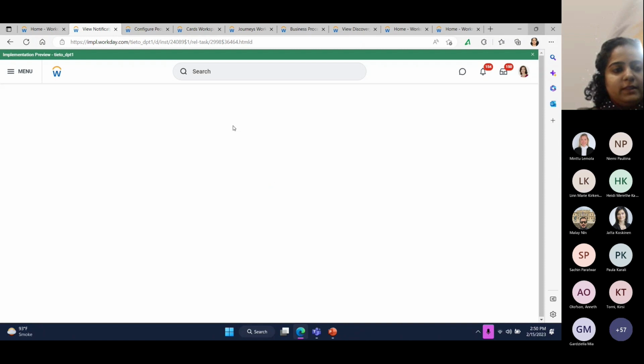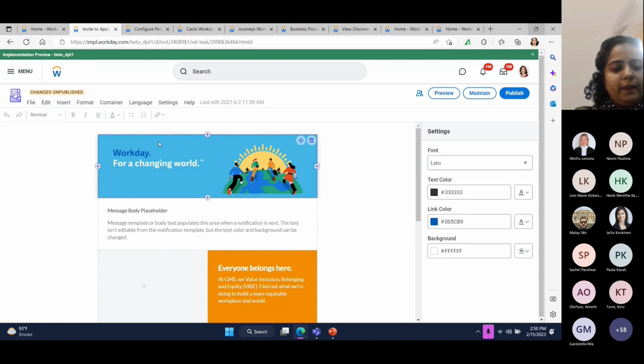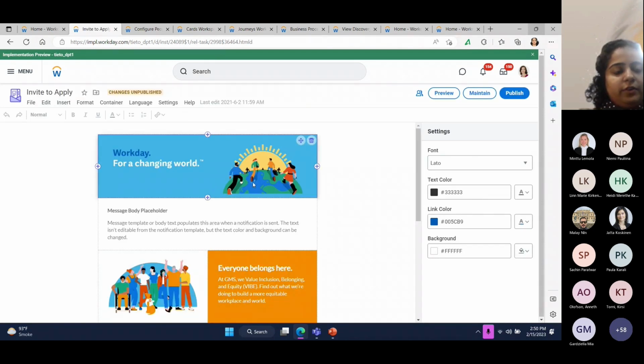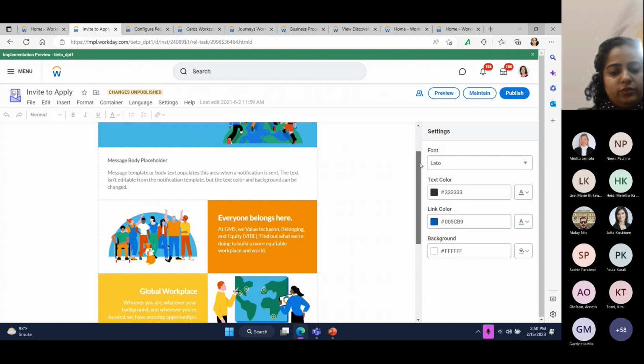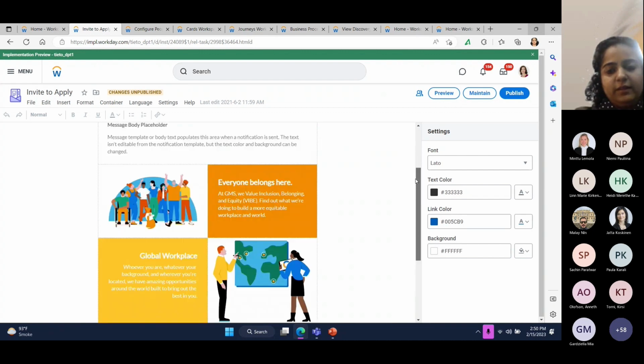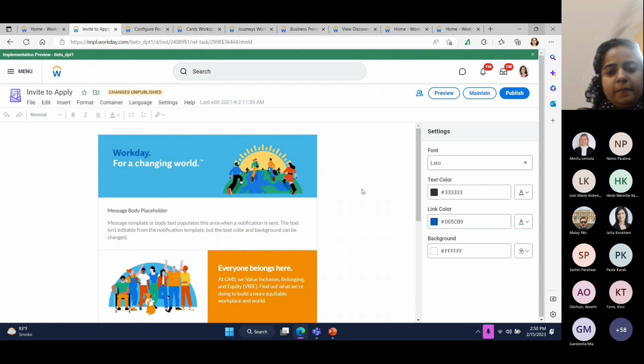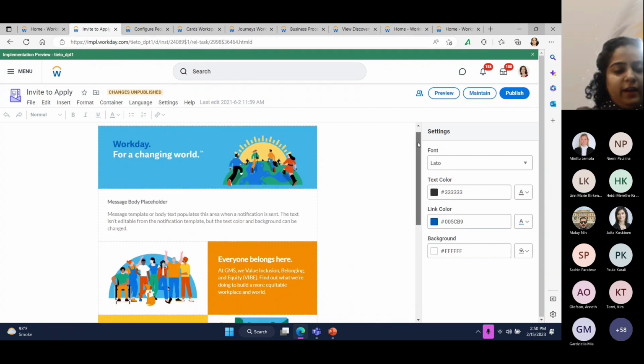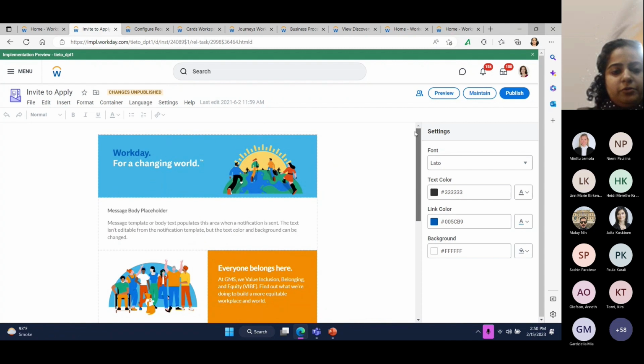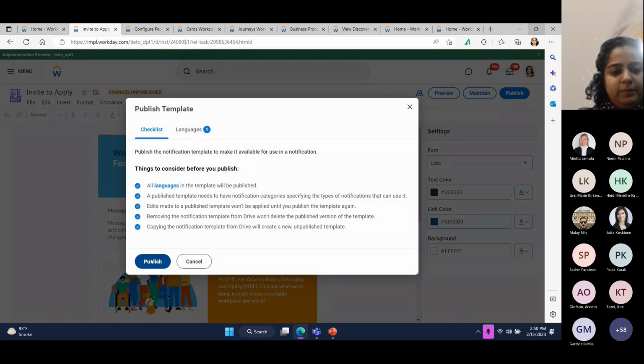Okay. So coming to the demo for notification designer, for demo purposes, I had just created a notification for employees, for invites to apply, so for anyone to apply on the job available. This was created on a very high level. What we want to show you here is that instead of going to the maintain notification task, I am already in one of the notifications. When I click on the publish tab here and I want to publish this,